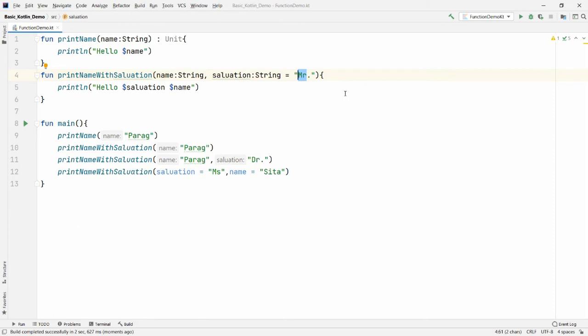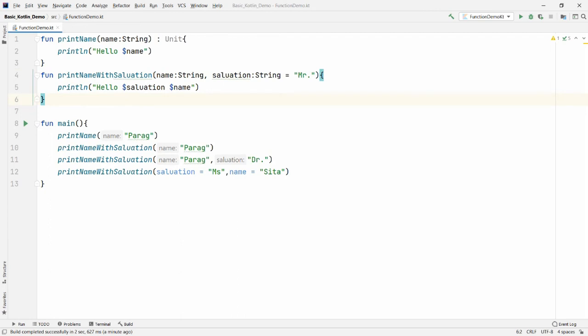One more thing that you need to note is what? If you are not writing the return type over here, then by default it is Unit. Unit means it is returning nothing. So if you are not writing colon Unit, it means if you are omitting this, then by default Kotlin is taking the return type as Unit. It means it is returning nothing.